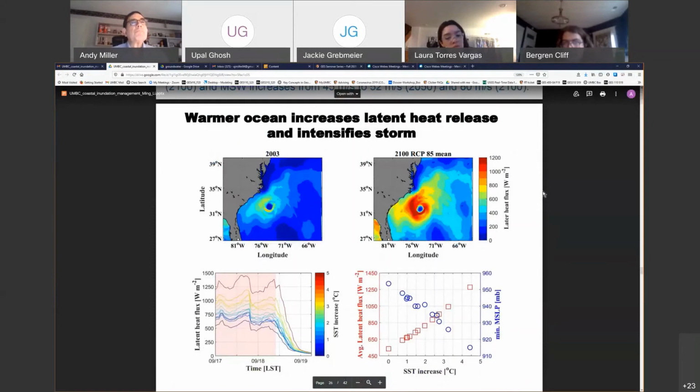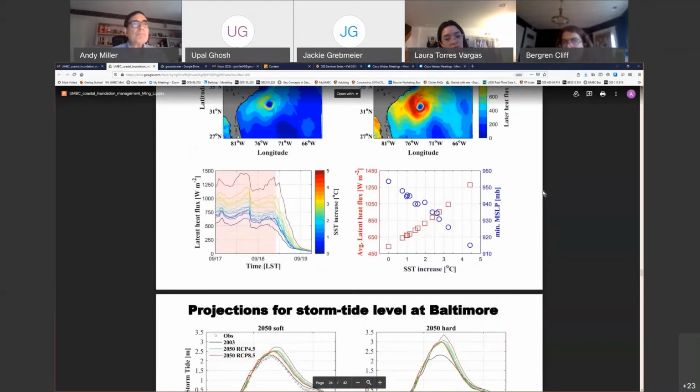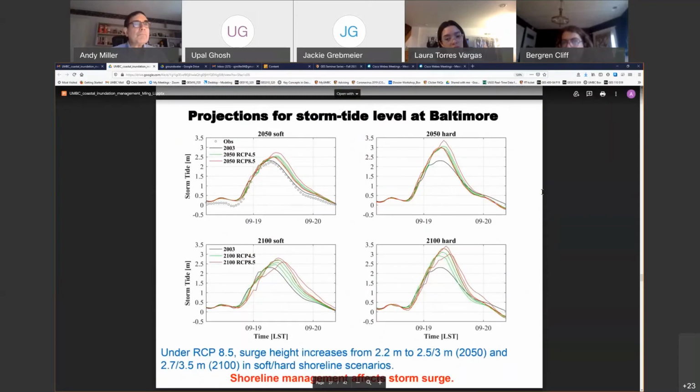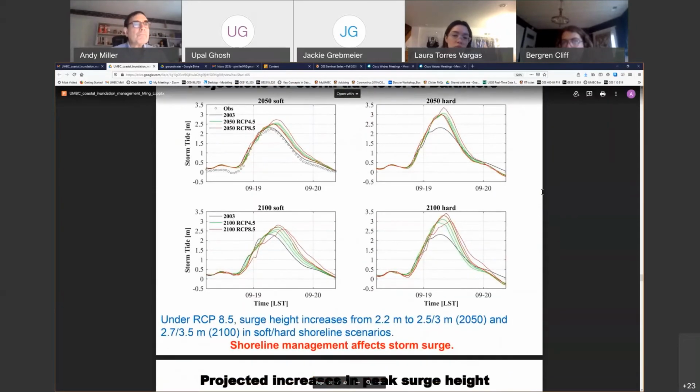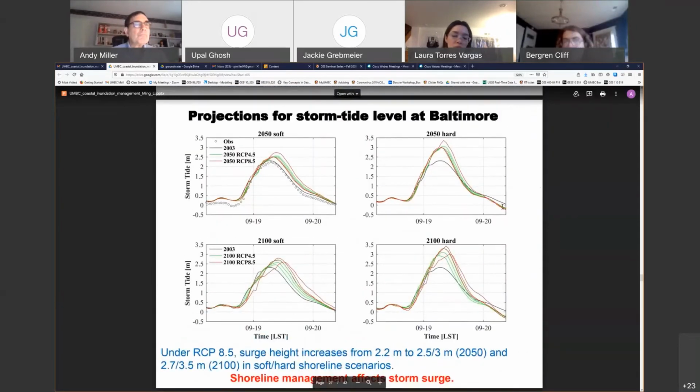Yeah, so as a result of that, you're going to see a lot more latent heat release into the atmosphere, and that's going to intensify and make the storm more intense. Next slide, please. So as a result, your storm tide in Chesapeake, in Baltimore, will be much larger, from about 2.2 meters